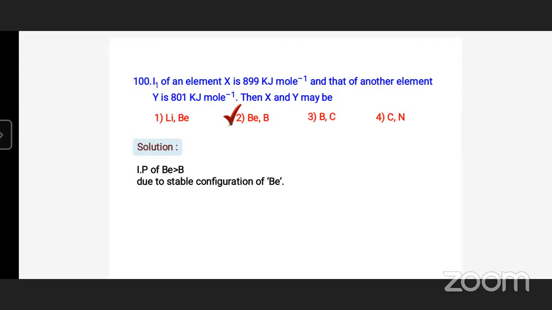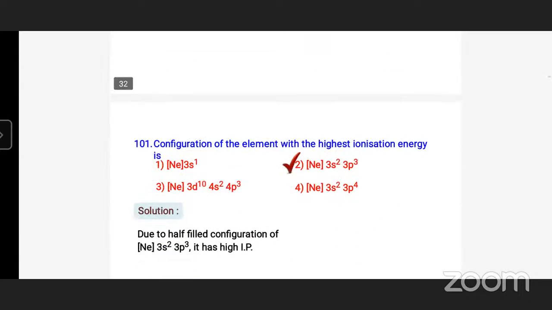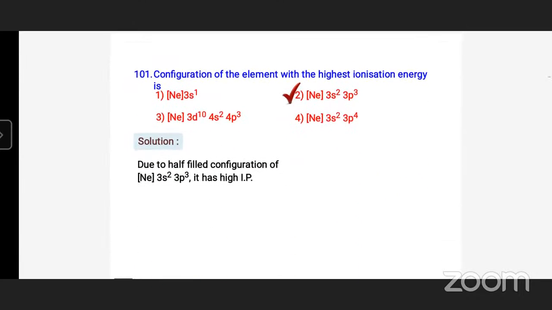Here, the IP of beryllium is more than boron due to the stable configuration of beryllium, 1s2, 2s2. So the second option is the right option. Right. Okay. Next,